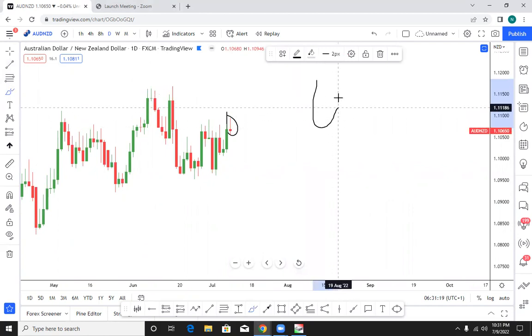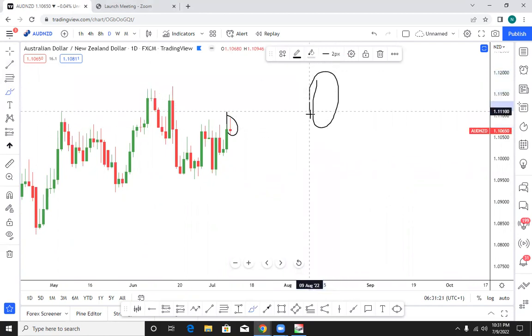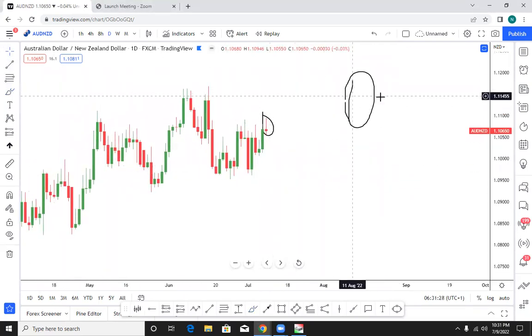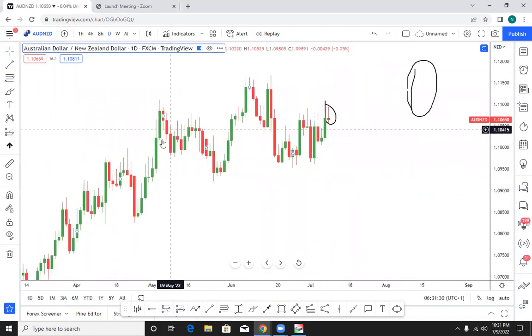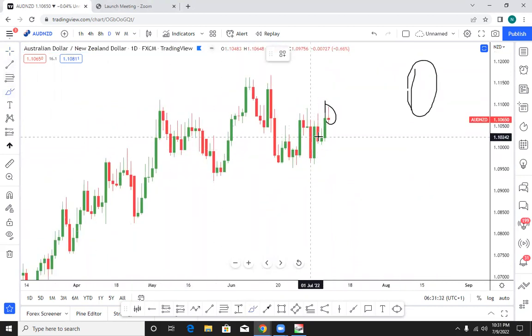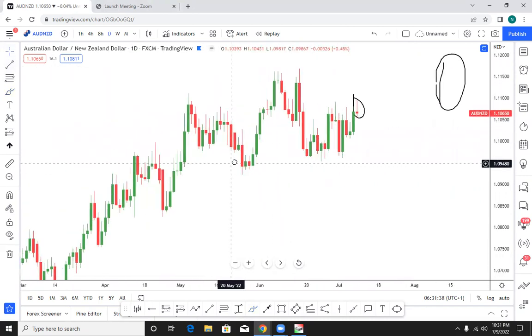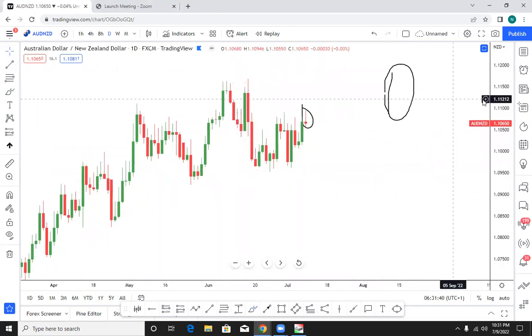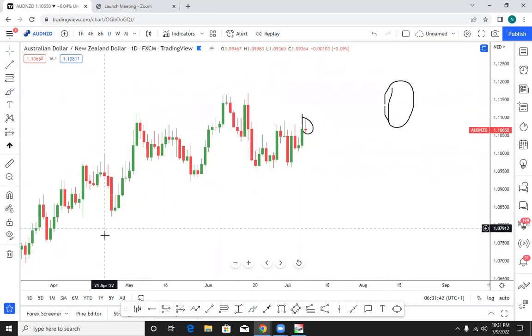These three sessions, okay, every activity, every volume, every news release, everything that happens within these three sessions is reflected in what? In just a single candlestick that you see on the chart here. All right. So that's what the daily candle is all about.